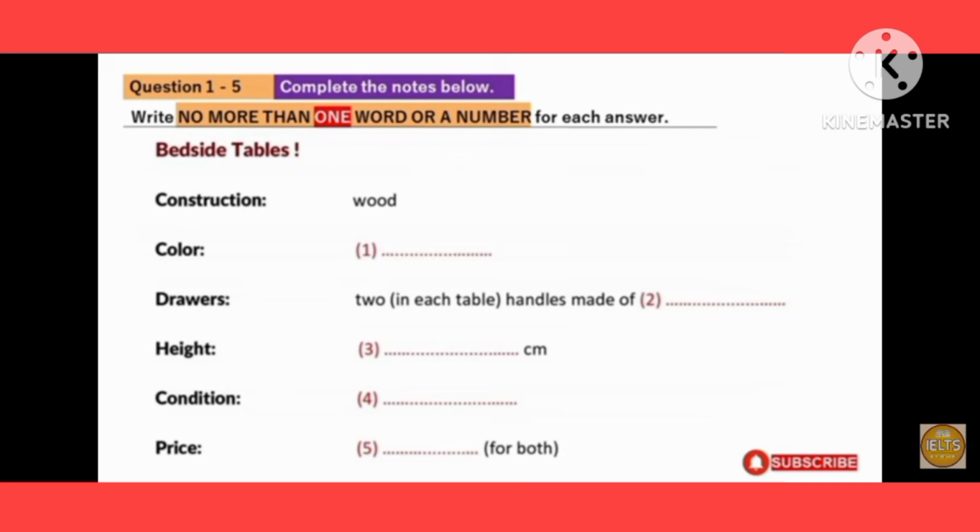Thanks. Just a couple more questions about the bedside tables. What condition are they in, and how much are they? They're in perfect condition. There isn't a mark on them. I had them painted professionally, you know, so the finish is much better than you'd normally expect. As for how much, I think £15 each would be fair, but I'll only sell them as a pair, so